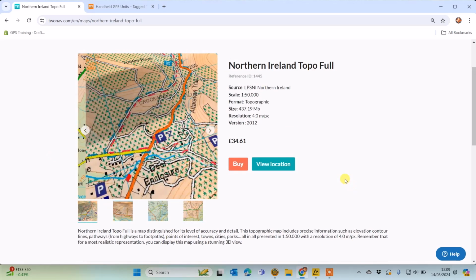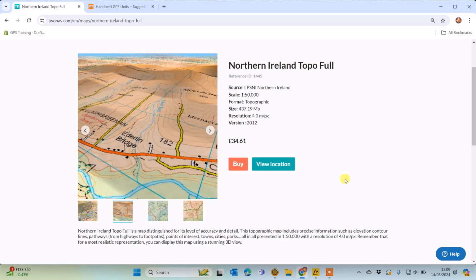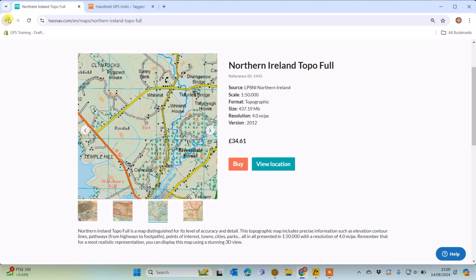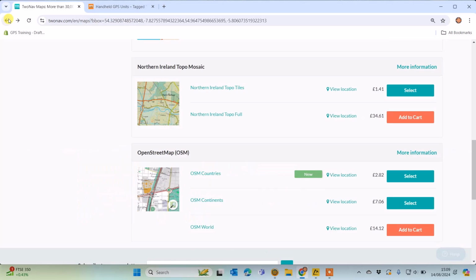But I am going to go onto the land software just to show you in a little bit more detail what that map looks like. So I'm just going to hit the back arrow to come back out of here and go back one step on the website. So if I went to tiles, which start at £1.41, like a lot of the other maps they've got available,